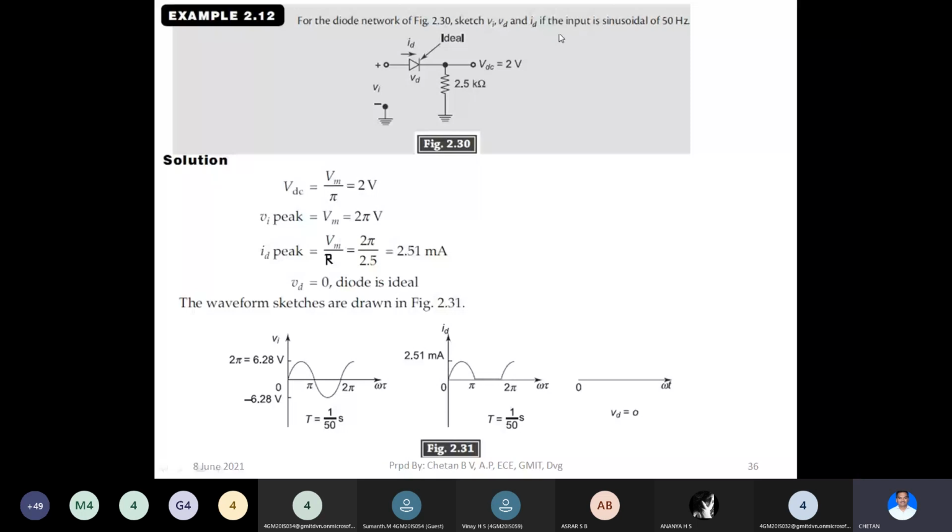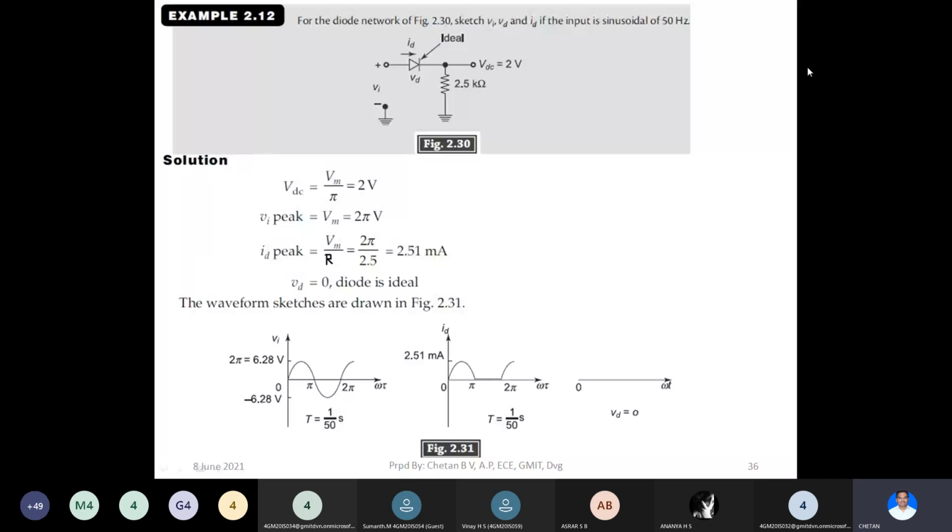And one more important thing that is mentioned in the problem is the frequency of input. As input is a sine wave, the frequency of that sine wave is 50 hertz. Frequency can be denoted by small f. Small f is equal to 50 hertz, and the time interval, which is capital T, you already know, capital T is equal to 1 by f. Therefore, 1 divided by 50 will give you capital T. What is capital T? It is the interval of one cycle, or one time period,